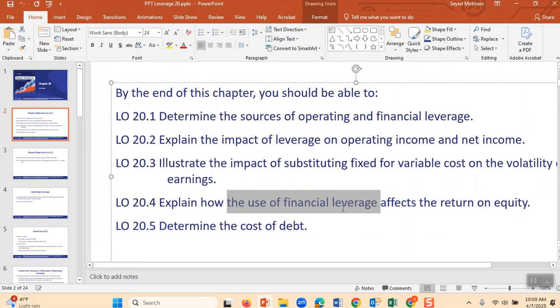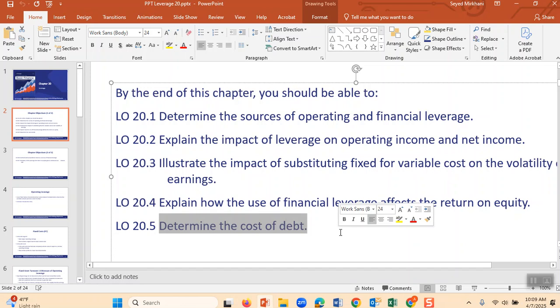We will also explain how the use of leverage affects return on equity. We already talked about it. That was the case of the doctor. And determine the cost of debt. Let's not forget, the cost of debt means that when you borrow, the cost is interest. The cost of debt is the interest you pay for the debt. Therefore, this chapter wants you to become familiar with all of this. Sometimes it's good to go and borrow. Sometimes it's good not to borrow, and to bring partners, just like the doctor.